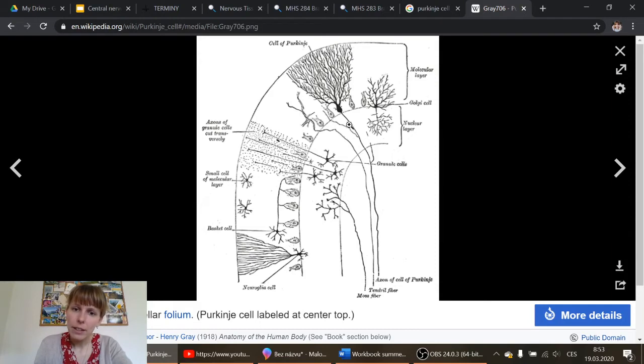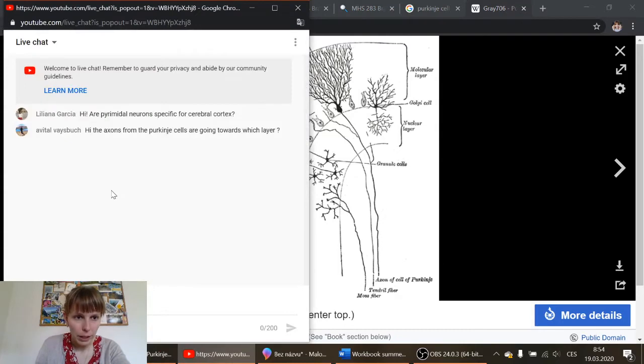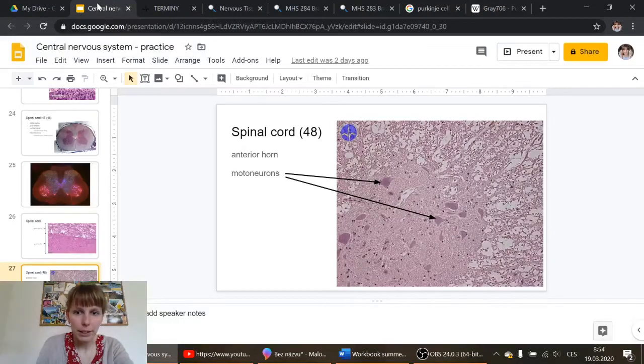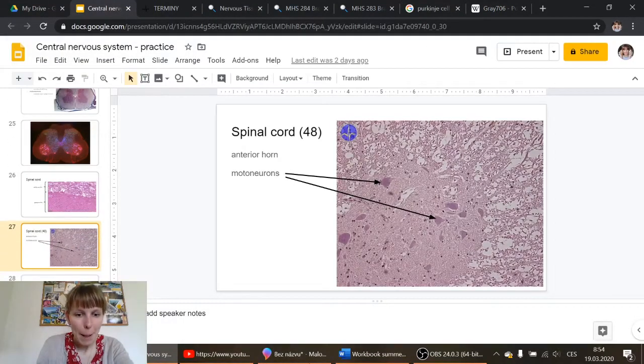And then the cells that are sending out the complex information are the Purkinje cells, and the information is carried through the white matter into nuclei, so groups of other neurons inside the white matter of the cerebellum, and from there to other parts of the central nervous system. So I hope I answered that question. And the dendrites of the Purkinje cells, they are filling basically the molecular layer. So that was going back to the cerebellum, and now